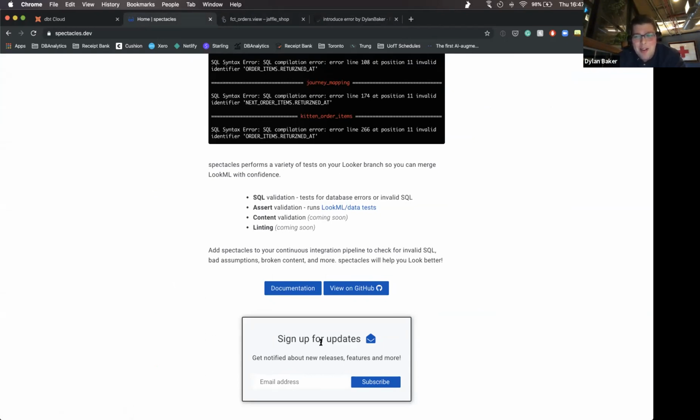I was definitely sobered by the number of errors that I found when I first deployed this tool on some of the Looker instances that I use. In part, that's people making typos or errors in LookML. And in part, it's making changes to dbt and not being fully conscious of what is happening on the LookML side. So we imagine this as a tool that doesn't necessarily just run on LookML repos. It would also run on repos that LookML relies on effectively.